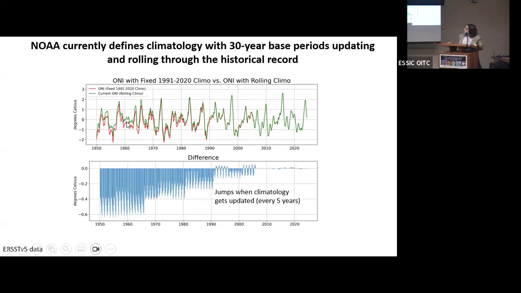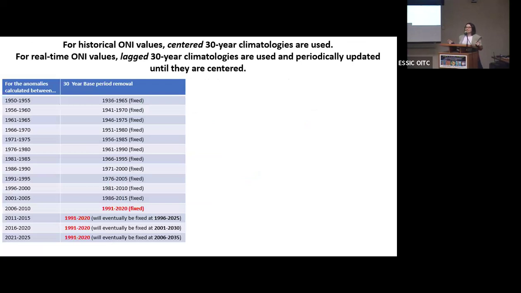And you can see that difference if you use just a single climatology through the entire record. There's a big jump here. And in fact, this is the difference plot you see at the bottom. You get these little unphysical jumps every time we update the climatology. We do this every 5 years. 10 years is a long time, so we do it every 5. But regardless, this doesn't look great. It's really not ideal. And this is just complicated. Every time I explain this, I'm like, why do we have to do it like this?